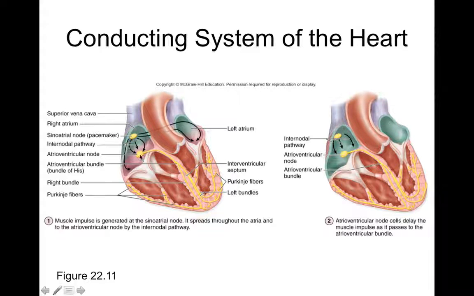So here's the AV node. After the AV node, we got the AV bundle or bundle of His. That bundle of His branches into the right and left bundle branches, which then go by the apex. And then they have little fibers that come off called the Purkinje fibers, which start stimulating the ventricular myocardium from